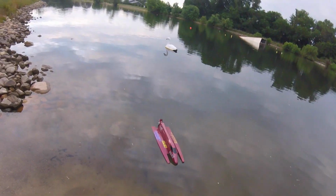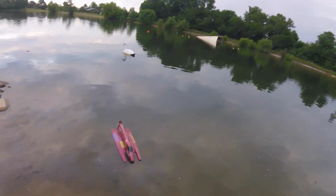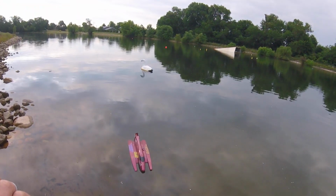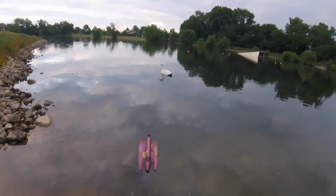You guys know this, I'm a gas fanatic, right? I like everything gas boat. But this boat I love, and I bought another one, so I'm going to build another one. I did build the ML Boatworks. Was it ML? Yeah, ML Boatworks